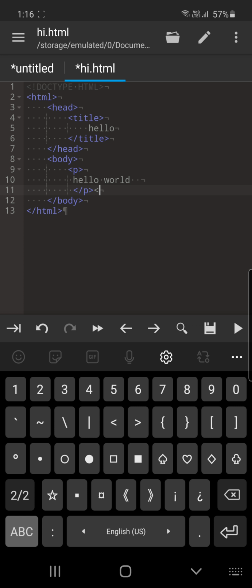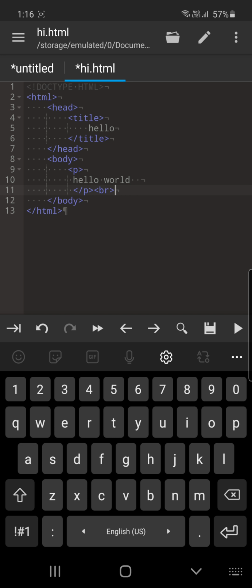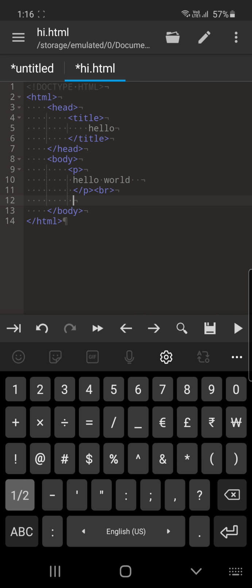So now I will type out BR. BR is also one of the most common tags. It is used for line breaking. And for those of you who are thinking what is the full form of P, it is paragraph, because we are typing in a paragraph or words. Now BR is an empty tag, and you do not need to type out this thing.